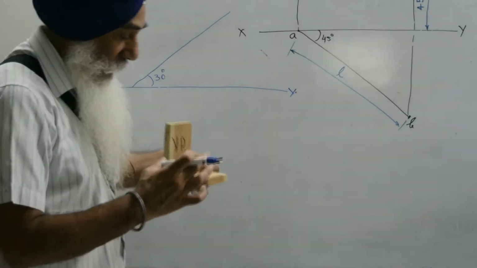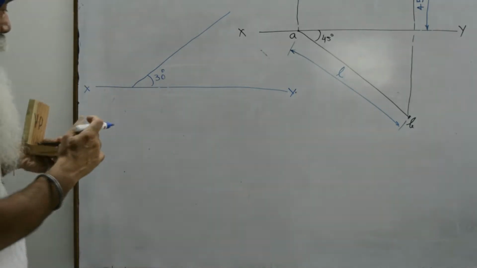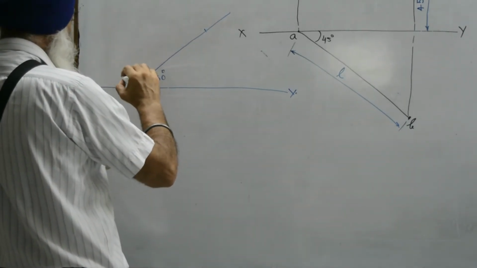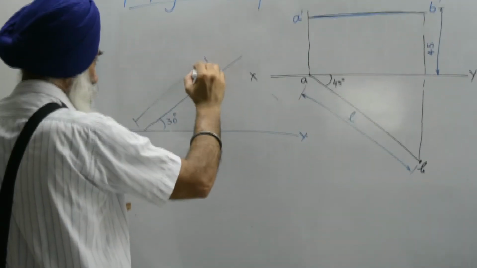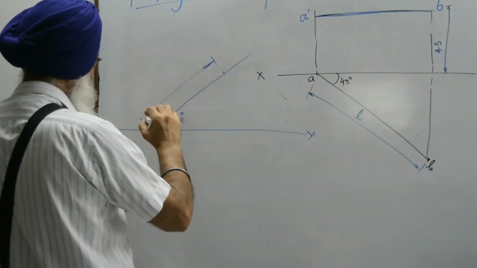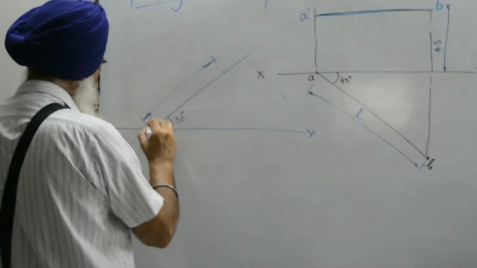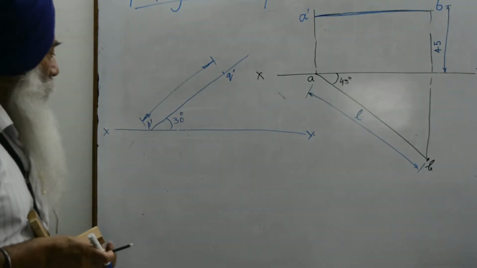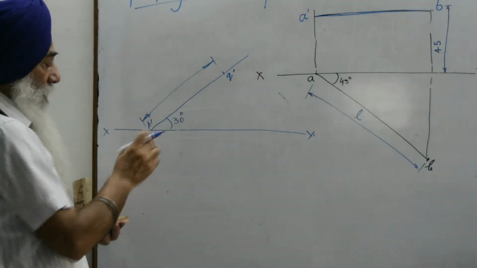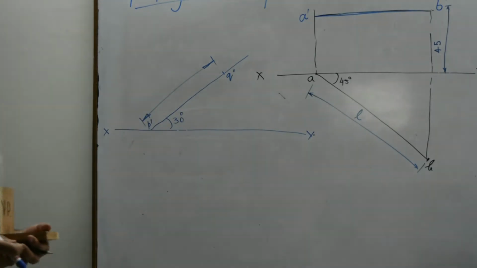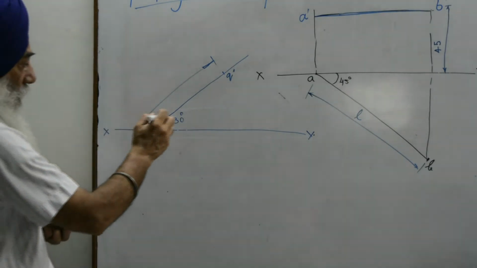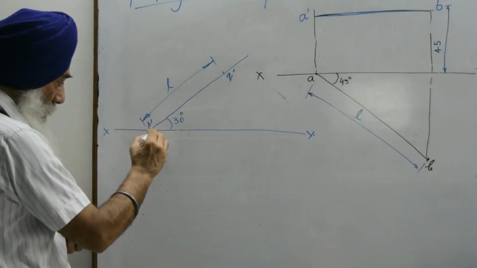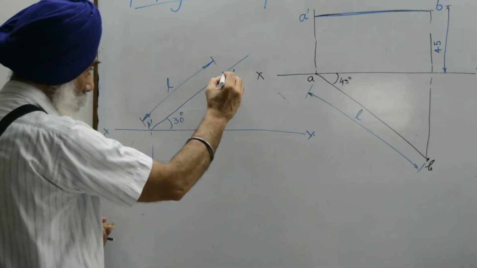Okay. So its actual length is given. Suppose its length is L. From here you cut this length. This is the length of the line. And this line is noted by P dash Q dash. So this is the angle of inclination with the horizontal plane. Its actual length is L. Then you draw the projections of this line like this from point Q.